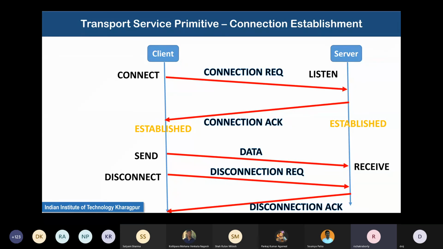When it receives the connection request, within a short span of time, it accepts it by sending back an acknowledgement message saying that yes, I accept the connection request, and it's okay. You can now send me data. Notice the spacing between where this red arrow ends and where this red arrow begins. There is a finite non-zero spacing on the server side.